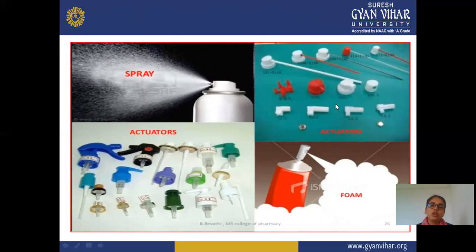So this is an example or diagram of the actuator, a cross section showing the removed parts of the actuator, and this is the completely assembled form of the actuator. These actuators are available in different forms according to the type of the formulation or type of the aerosol. And next is the foam type. This one is the spray type, and this one is the foam type. In the foam type, you can easily see that it expels the foam, which completely covers that particular area. According to the type of the formulation, it will be spray form or foam form, and there are different parts in this actuator image.